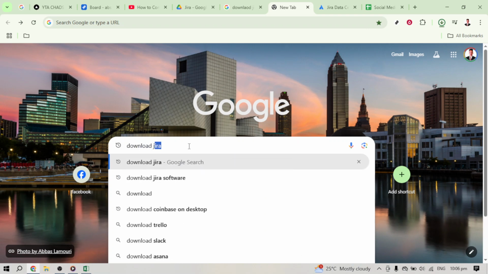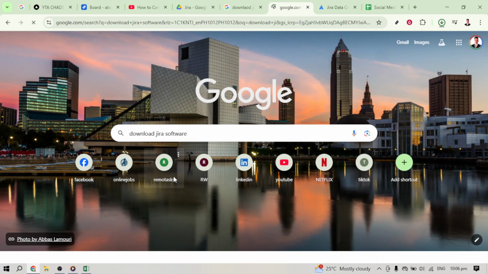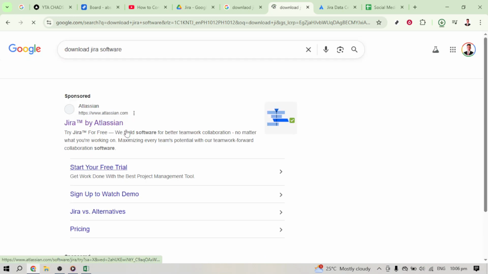From these results, look for the one that directs you to download the JIRA Data Center specifically. This version is optimal for larger teams or intricate projects that might need a little more power and flexibility than some alternatives. Upon reaching the JIRA Data Center download page, you'll want to scroll a bit until you spot the